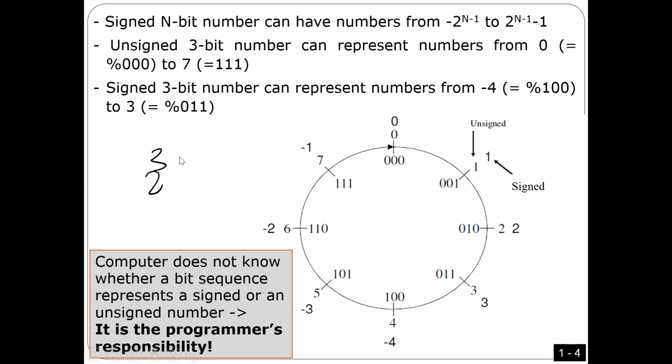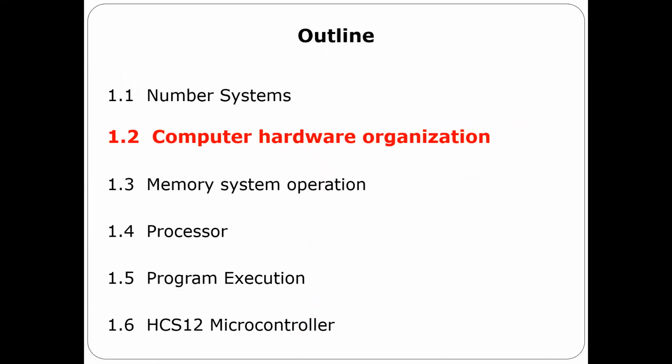But if they are signed, they are going to go from positive 4 to minus 4. No, sorry, 3 if it is signed, and the minus 4. Always the minus is one more. Okay, any questions? Okay, now I'm going to move to the next topic. This is just what I did right now, just very quick.